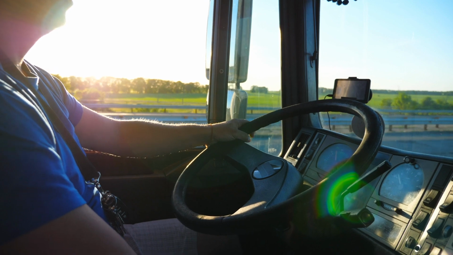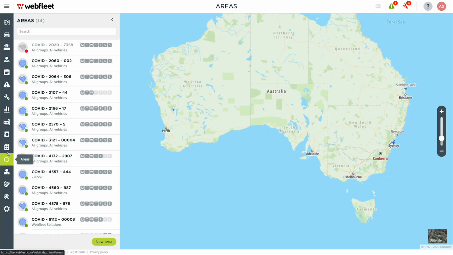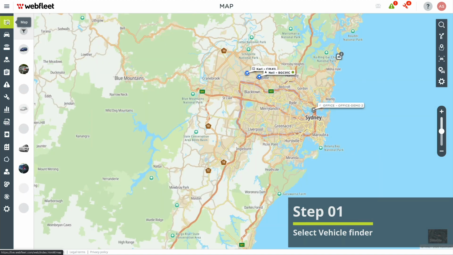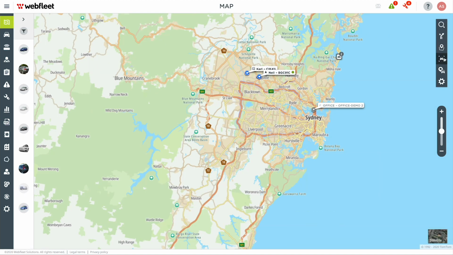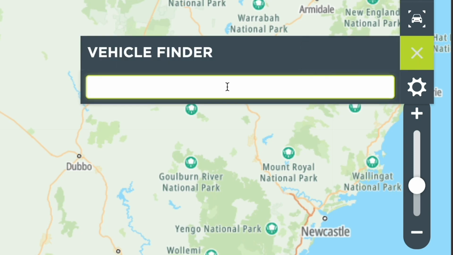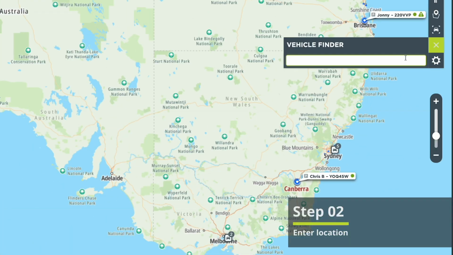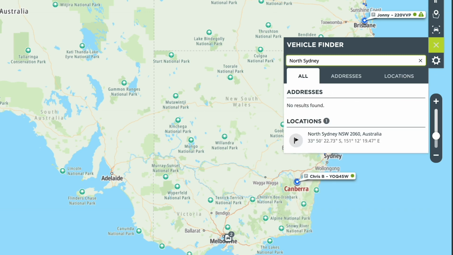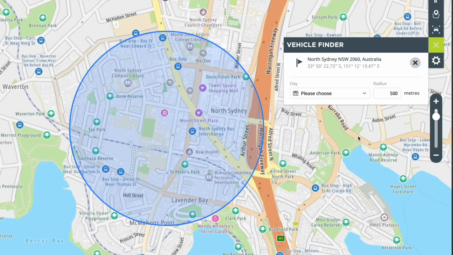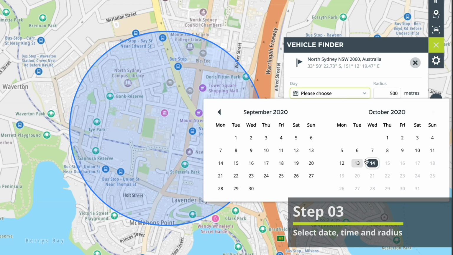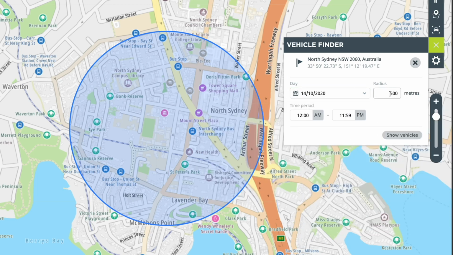For the retrospective look at drivers having entered hotspots, there are 3 simple steps. Step 1. On the main screen after logging in, on the right hand side, select the vehicle finder icon. Step 2. Enter the location or postcode in the search bar and select the location when it pops up. Step 3. Select the date and time that you want to search, as well as the size of the area